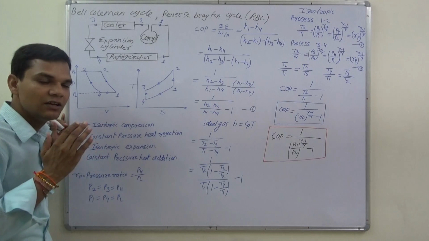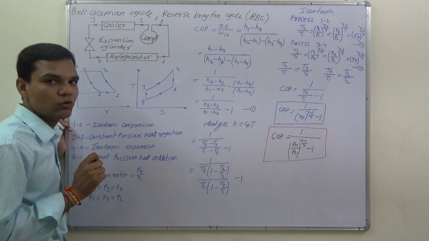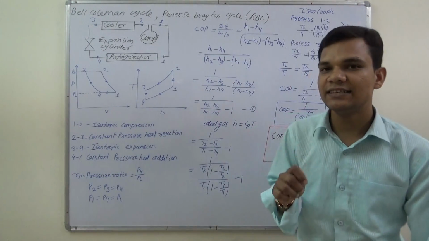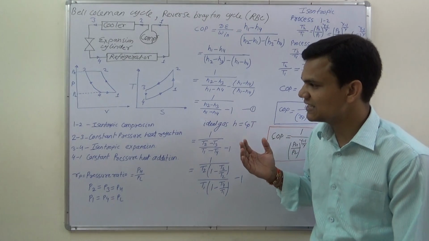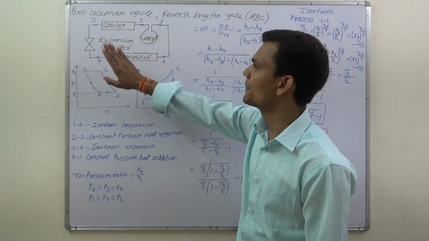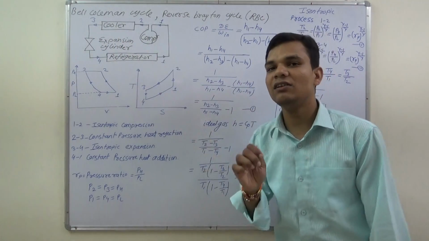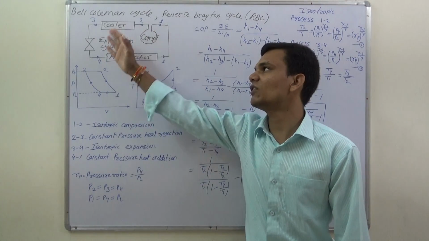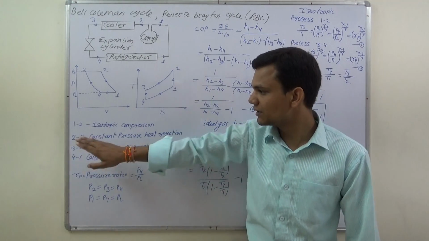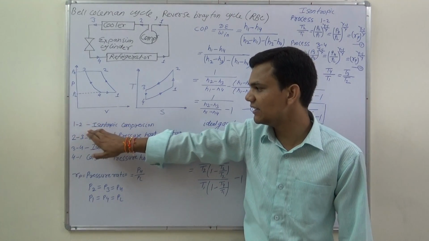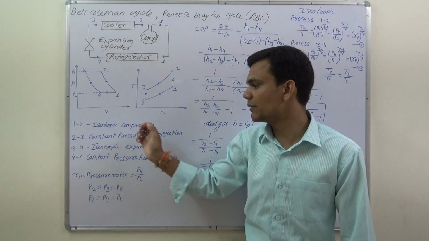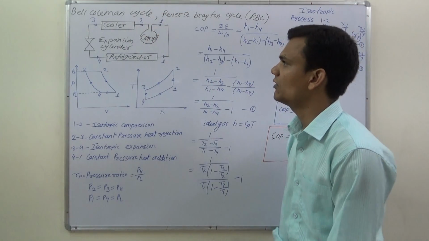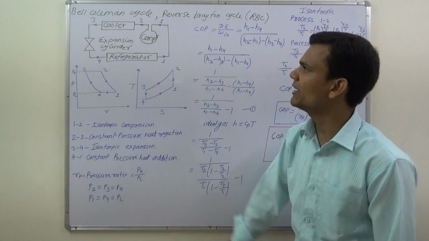First assumption is that the Cp value remains constant throughout. Second assumption is that we treat air as an ideal gas. Next assumption is that expansion in the expander cylinder and the compression are isentropic, or we can say reversible adiabatic. There is no friction at all in the cycle, because if friction is present in the cycle, then the process will not be isentropic compression. So we assume there is no friction in the cycle. These are the assumptions for the Bell-Coleman cycle.